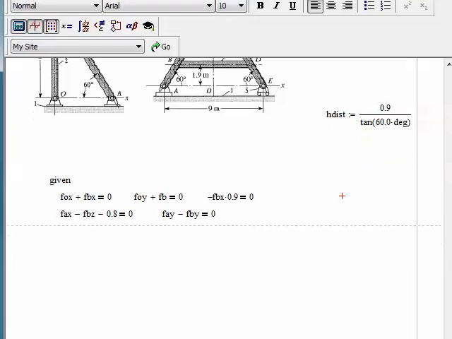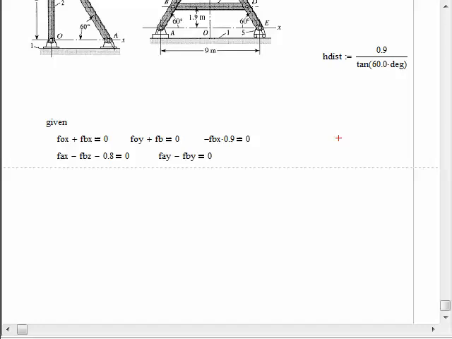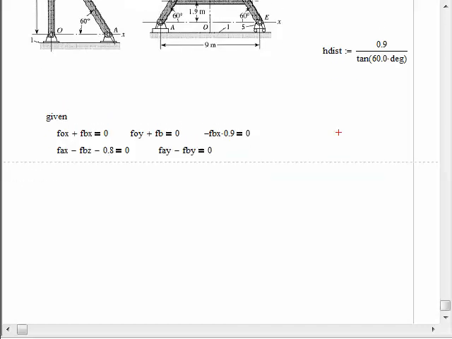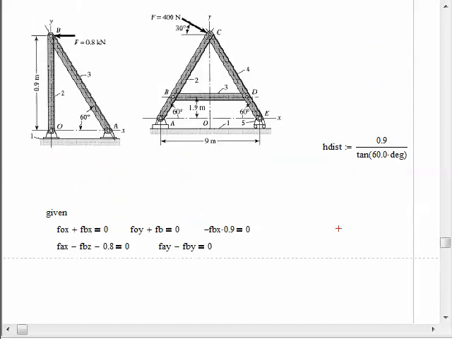Let's get the menus and stuff back out of the way. I don't really need those. Okay, and so now I can write my moment equation, and it's the sum of moments about point A, and it's going to say minus FBY, because I'm assuming it's pointing in the negative direction on this body, times H distance, then minus